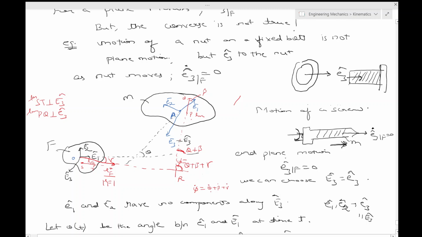Now beta is fixed on M, so beta dot, this angle, cannot change with respect to E1,